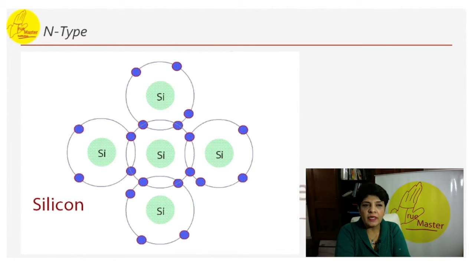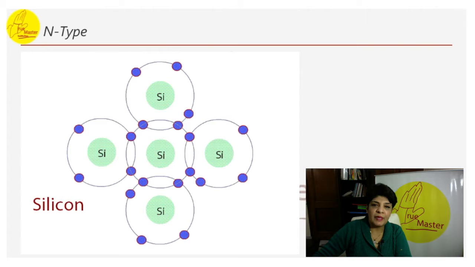The silicon covalent bond is represented here, that you can see right now. Notice in this animation that if one phosphorus is added, the silicon makes covalent bonds, but an electron is allowed to move freely, as phosphorus has an extra electron, because phosphorus has 5 electrons in the outermost shell. Similarly, if more phosphorus is added, then more free electrons can be seen. This is therefore called N-type. The electrons are the majority charge carriers here. Here the free electron density is much greater.